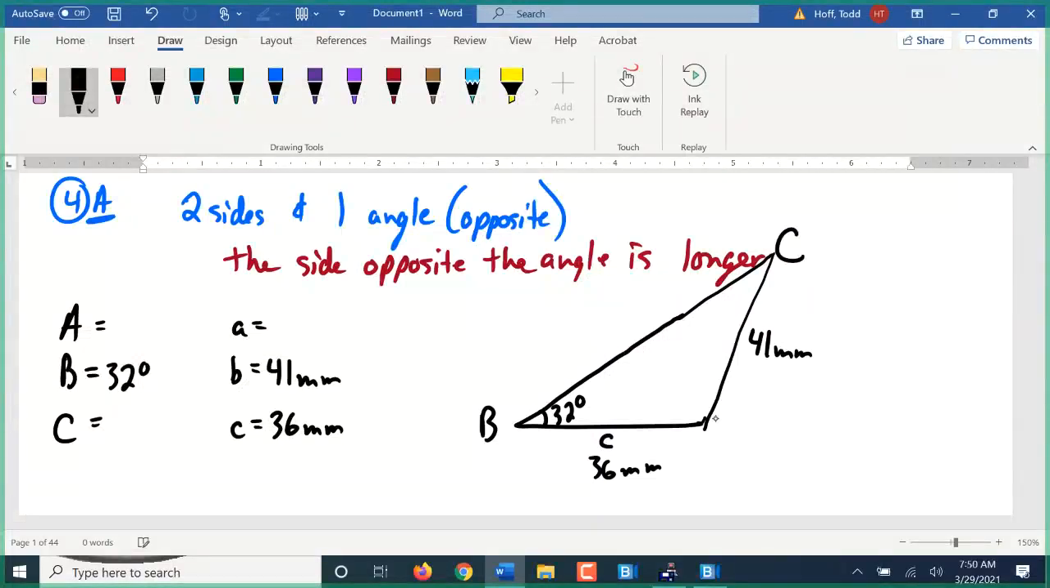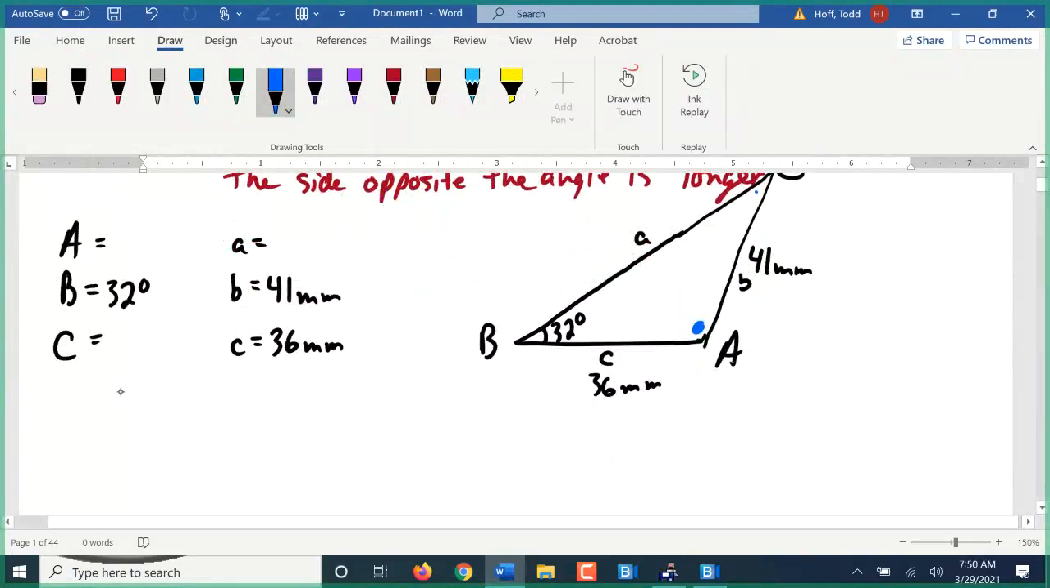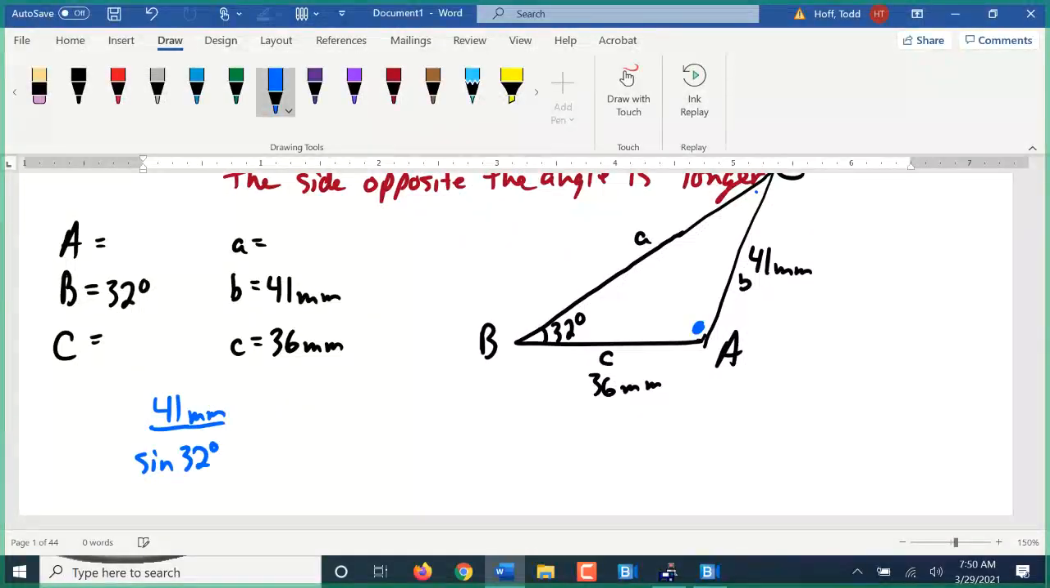This up here has to be angle C, this has to be angle A, this would be side B. Yes, this is an obtuse triangle. This angle here will be obtuse. Now we can go ahead and find angle C. 41 millimeters over sine of which angle? Equals, we got the 36 over the sine of